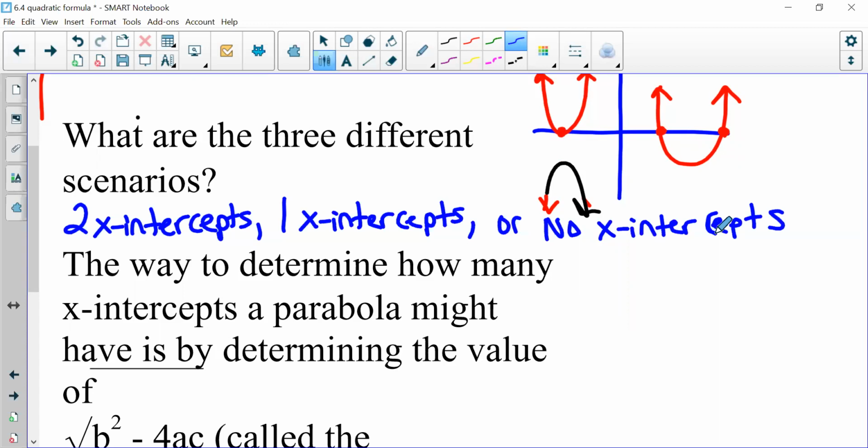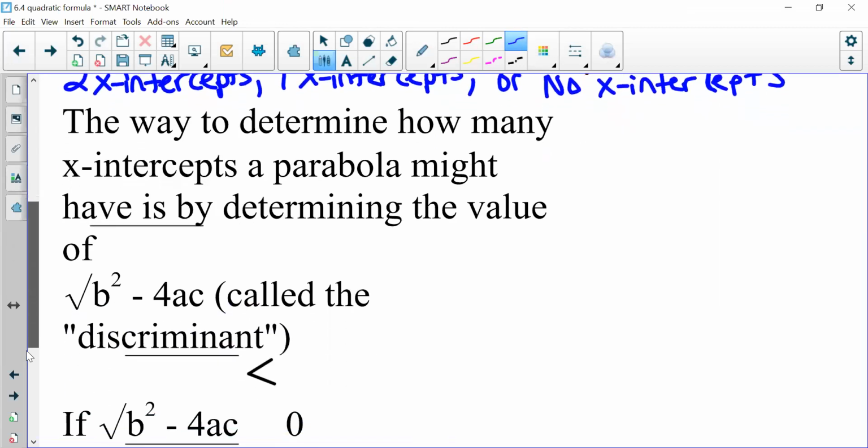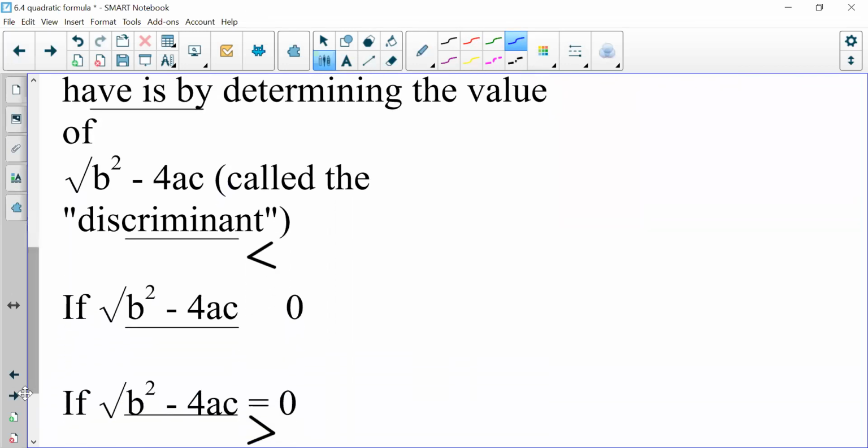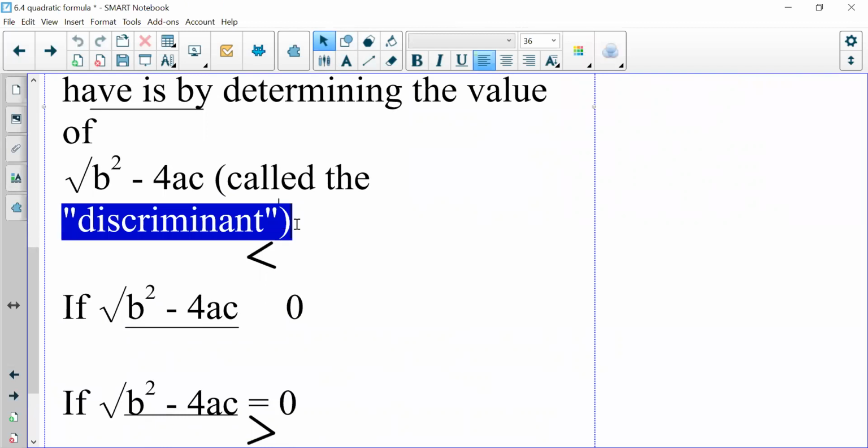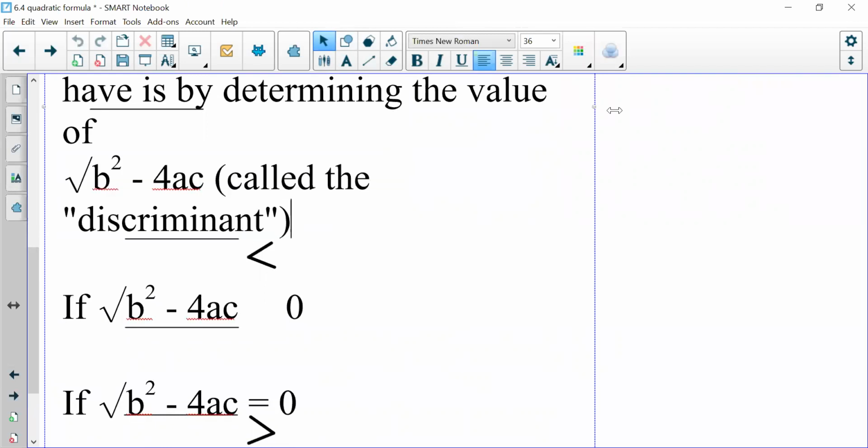One quick way to determine how many x-intercepts a parabola has is by looking at the value underneath the square root sign. It's called the discriminant, but you don't need to know that name. The b squared minus 4ac underneath the square root sign is a quick way of figuring out how many x-intercepts there might be. If you get a value less than 0, which means a negative number,